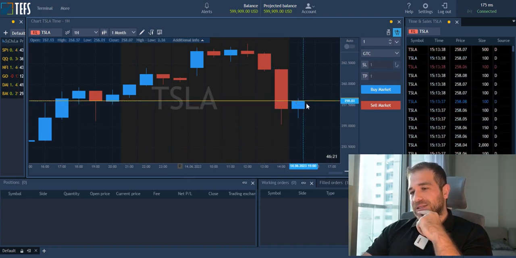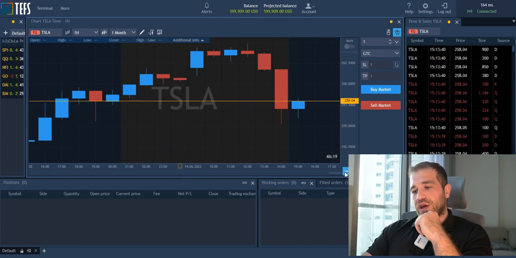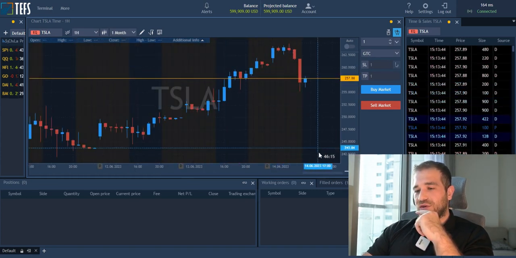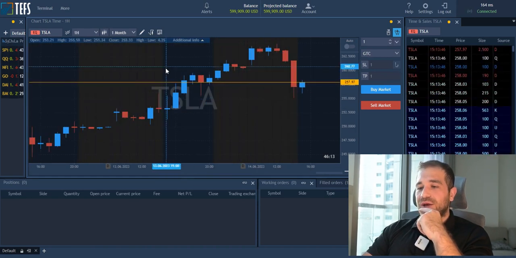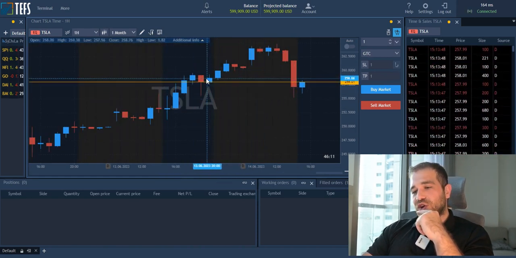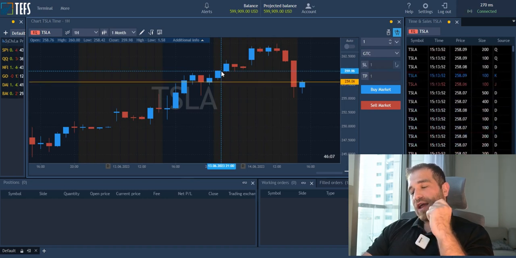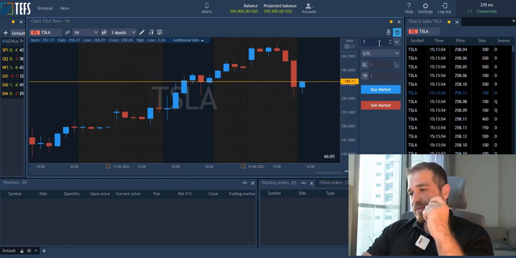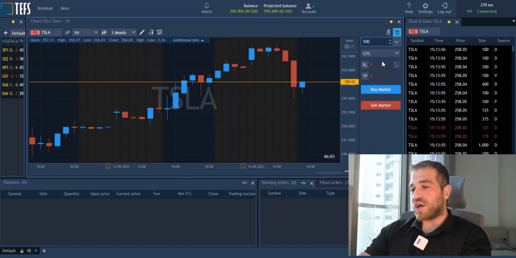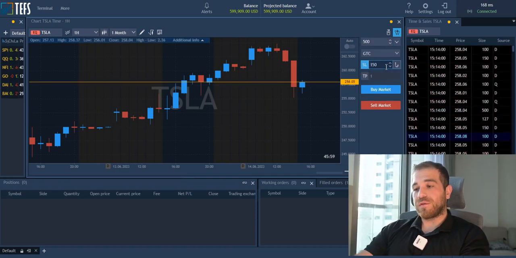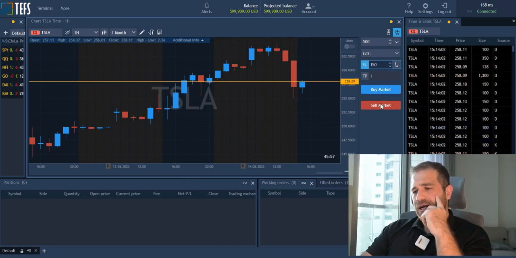Look, Tesla is pushing. Now, if we were trading futures, we would say this is the resistance, correct? Right here, the body of this red candle. But this is stocks. With stocks, it could push past this to this level right here, which is 260. And because of that actual thinking, I'm going to consider a long position with a stop loss of 150, which is $1.50, and I'll take $1 from this.